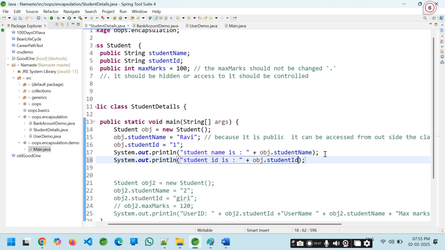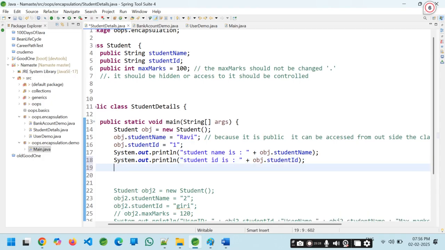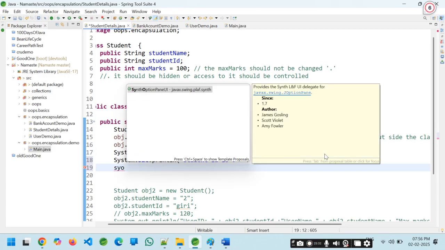I will tell you, because most of the time all the data in a class, in a POJO or a plain old Java object, is private. That is what we will look into within a few minutes, because we are discussing encapsulation. I am stressing this point. Okay, see, till now we don't have any problem doing this, but now